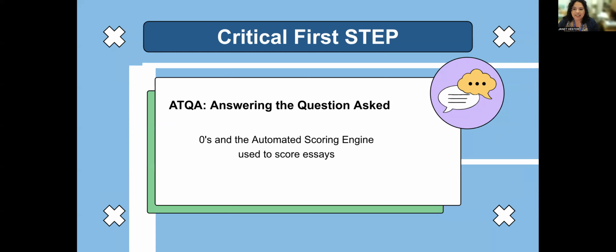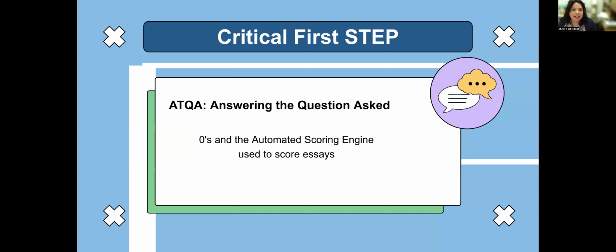If you've ever done any SAT tutoring, you've heard this before. It stands for answering the question asked. Now, we saw last spring when TEA first started using automated scoring engines or AI to score essays, that we had a lot more zeros. And that's because this ASE or automated scoring engine, when it recognized a student response that wasn't in line with the fed responses that the TEA had provided it that did answer the question directly,